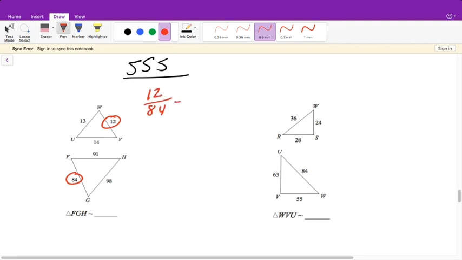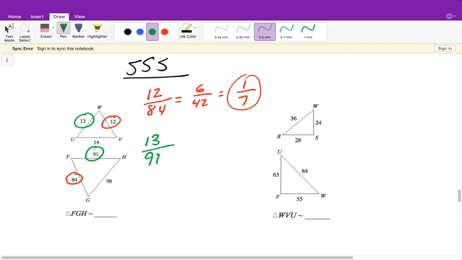Now, how does this reduce? All right, so we can simplify this. If you don't know that 12 goes into 84 a whole number of times, that's fine. We can reduce it by 2 and get 6 over 42. And then if I look, well, I know 6 divides evenly into 42 7 times, so it reduces to 1 over 7. All right, then 13 is the middle number and 91 is the middle number, so it will be